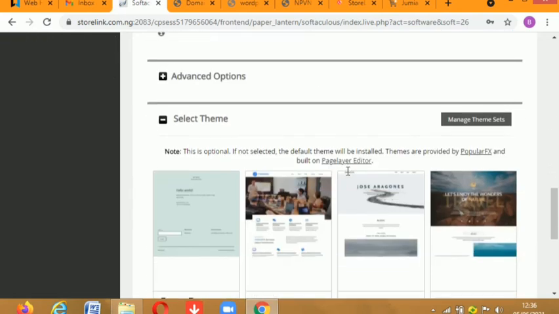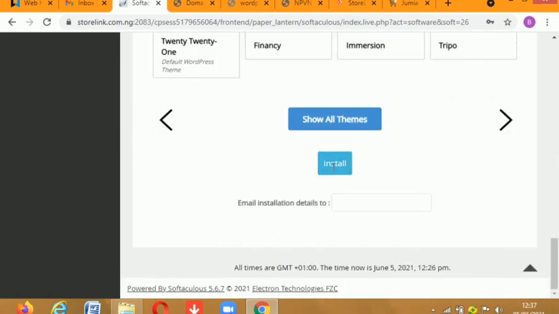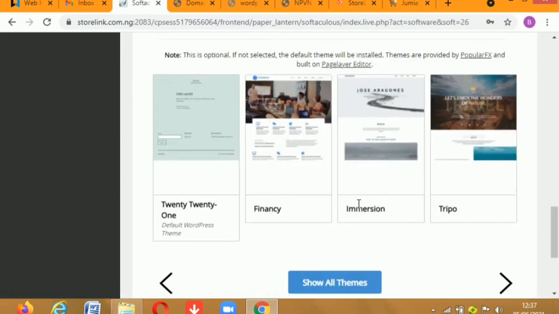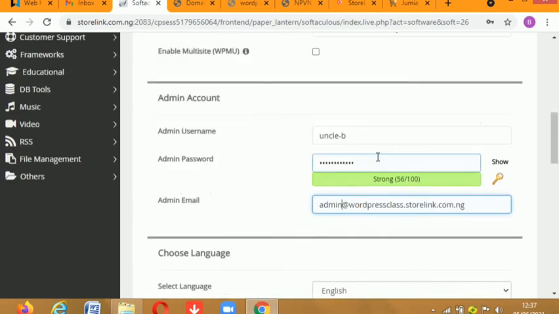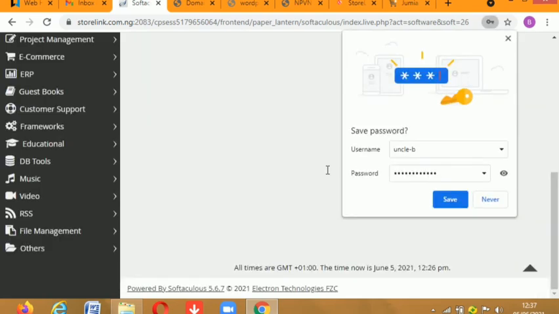So once you put your email, then you go down. Don't bother to select anything because most of these things are useless. Just come down here and click on install. All the themes you see there, like I said, are useless. Here you can decide that they should send installation details to, maybe, somebody who will develop for you, so you can put that person's email or your personal email so that you can get the details. So once we click on that,